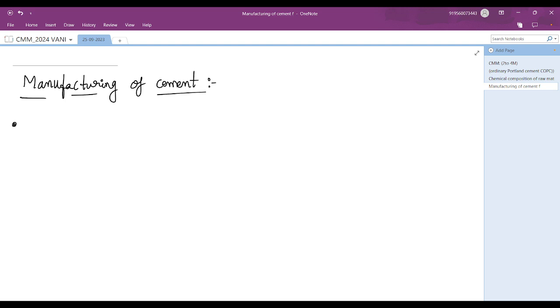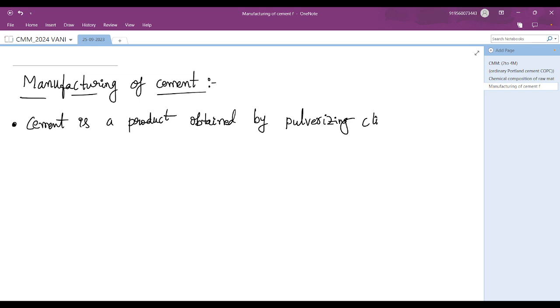Cement is a product obtained by pulverizing clinker